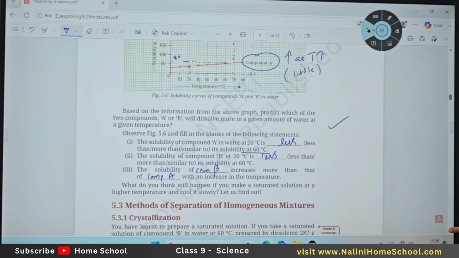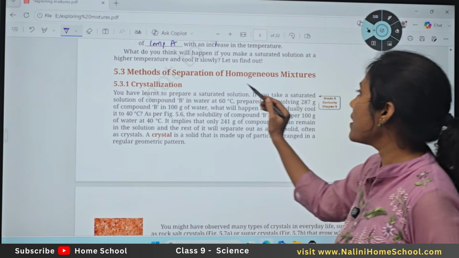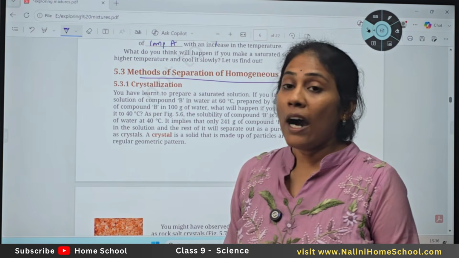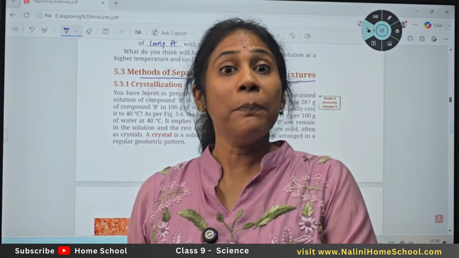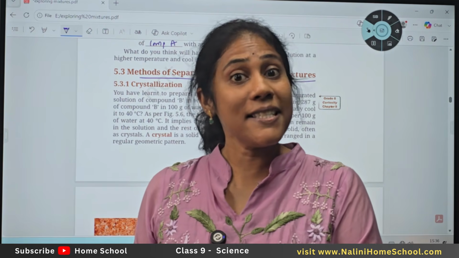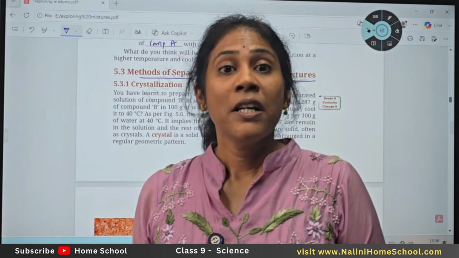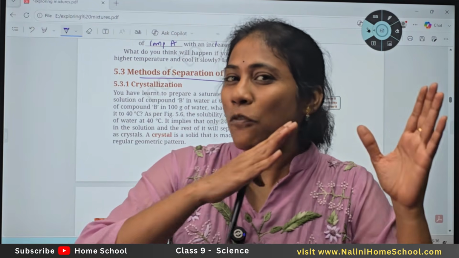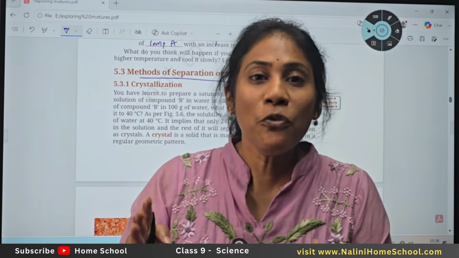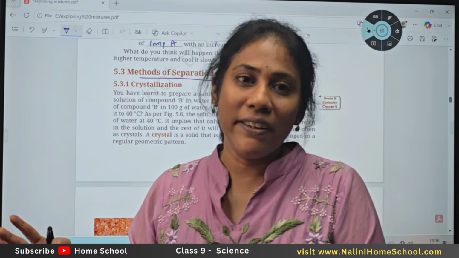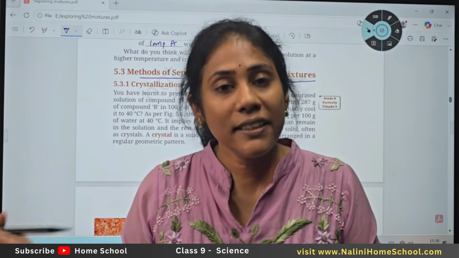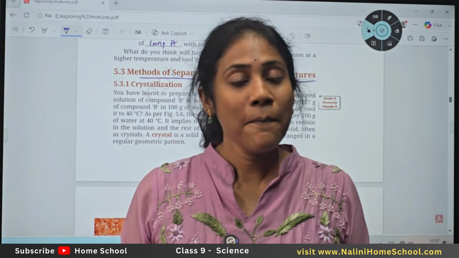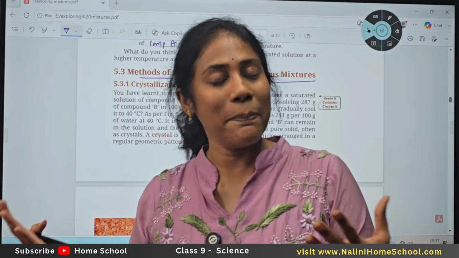So the next topic is the methods of separation of homogeneous mixture. Very interesting. So how do we separate two components from the solution? Solution is the best example for a homogeneous mixture, where components are nicely mixed up. But if you want to separate one component from the other, if you want to separate a solute from a solvent, what are the techniques, what are the methods that we are supposed to follow is what we are going to study next,